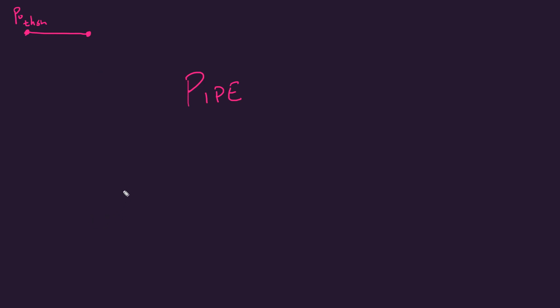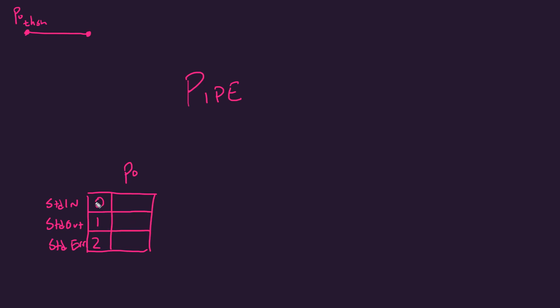Well, before we get into that, let's establish our file descriptors for this process. Our process P0 is going to have file descriptors 0, 1, and 2, corresponding to standard in, standard out, and standard error. And this is going to be a table. The actual entries for each of these numeric descriptors are going to be associated with some file in the operating system. Remember we think of this as just an IO, input output stream table